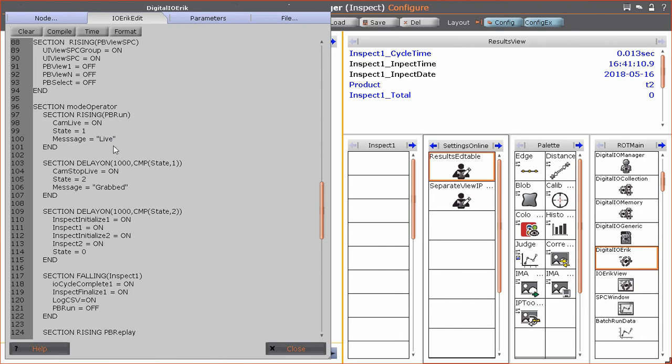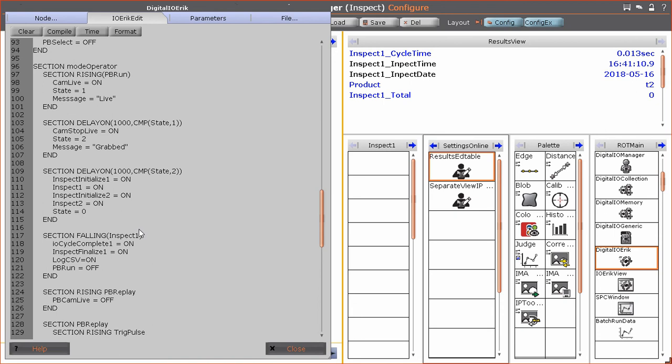So this is showing me when I'm in run, bang, do this at the state 1. And then while it's state 1, I'm going to wait 1,000 milliseconds. And then I'm going to delay when it's state 2, and then I'm going to do this. So there's a 2-second delay every time I do this. This is kind of how you do